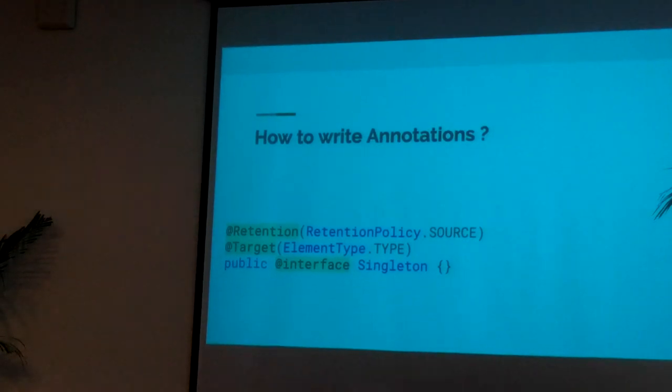And also in the brackets, you can tell what all the values it can take. For example, if you have used ButterKnife, we give the R.id for it. So we can tell how many values, or if it is an integer, string, all that stuff will be there. The retention will tell us that this annotation